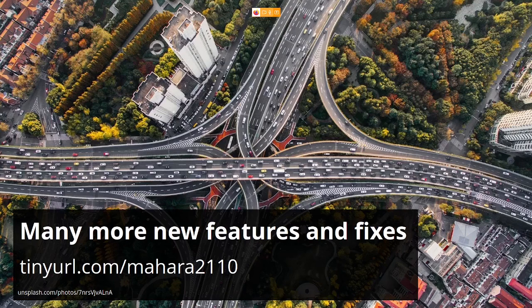And one thing I do want to say for the future of Mahara is that we are looking into supporting PHP 8. That is quite a change in the technology. Lots of advancements were made and lots of changes were made. So something that was done in PHP 7 this way is now done in PHP 8 in a completely different way.